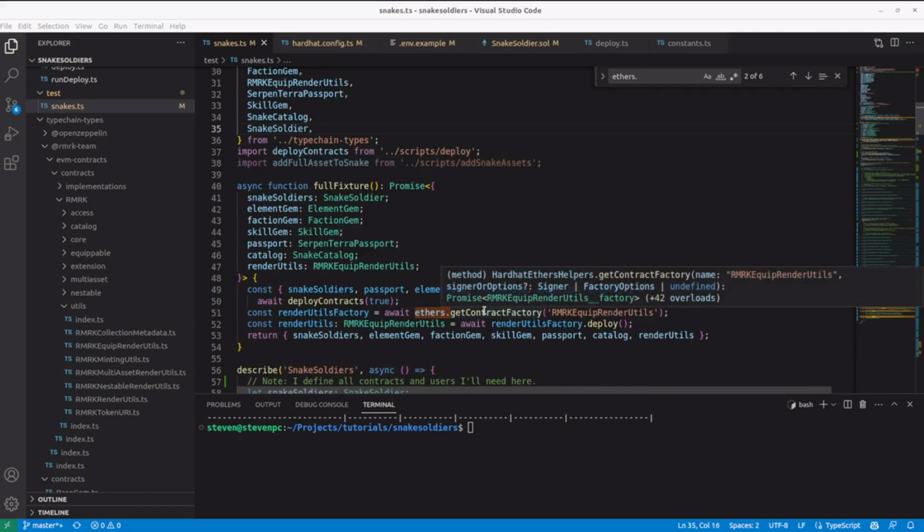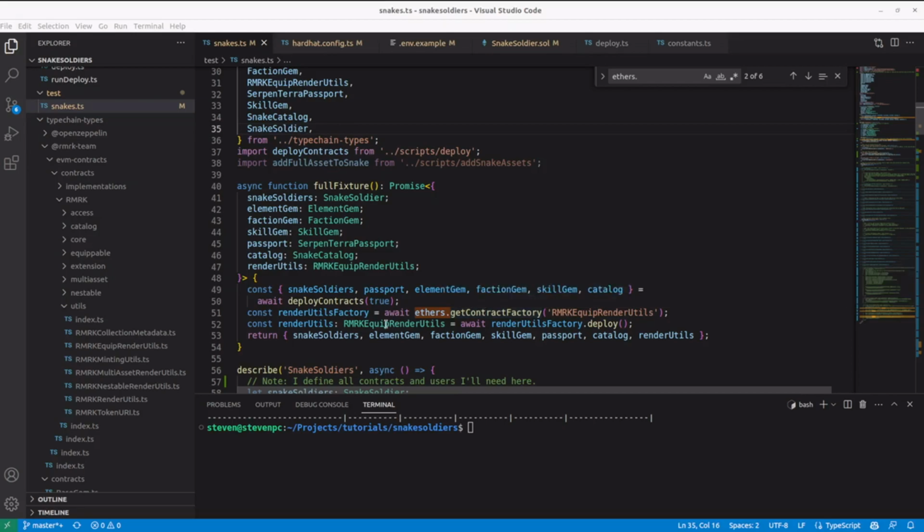Next, I'm defining a fixture. Fixtures are an awesome tool because basically whatever state you set the blockchain into will be sort of remembered. So every time you call this, it will simply restore it instead of creating it from zero. This has a huge impact on the time our tests take to run, and it will be very noticeable when we have a large test suite. Here, I'm using the same method to deploy the contracts. I'm simply deploying an additional one for the render utils. This is the same we will be using in production.